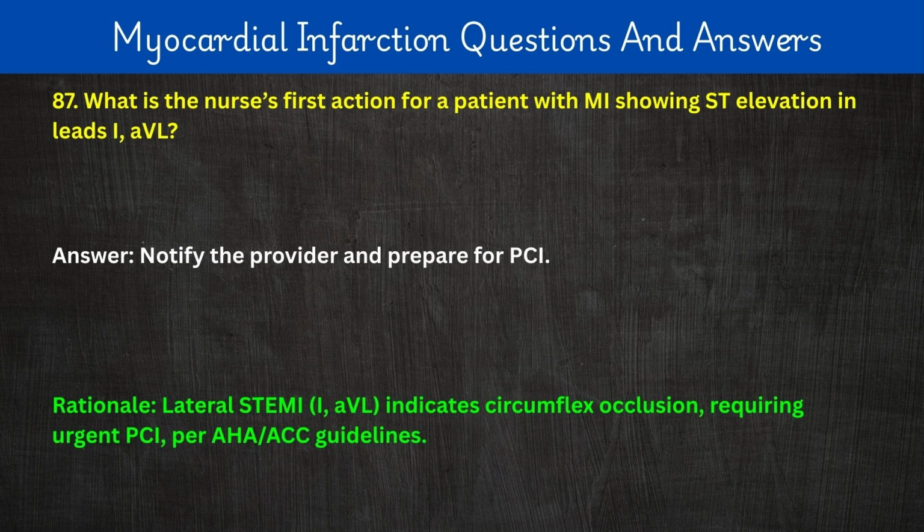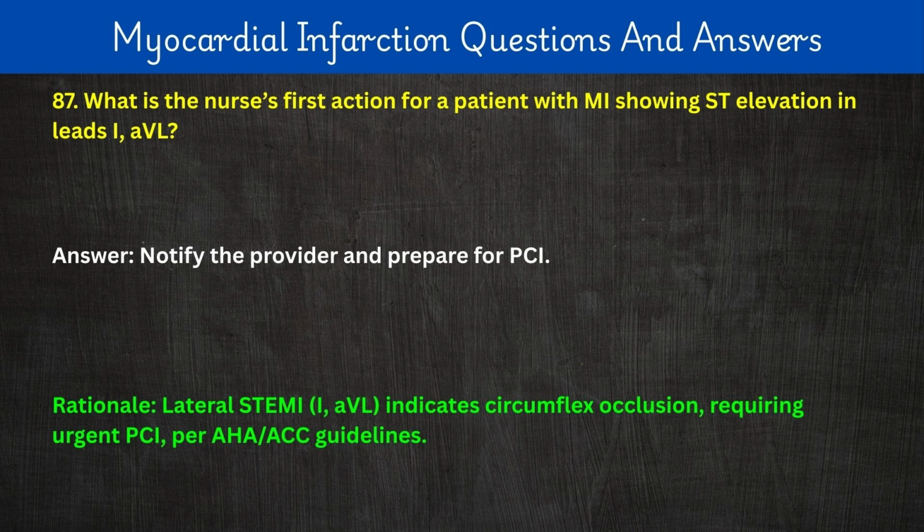87. What is the nurse's first action for a patient with MI showing ST elevation in leads I, AVL? Answer: notify the provider and prepare for PCI. Rationale: lateral STEMI, I, AVL, indicates circumflex occlusion, requiring urgent PCI, per